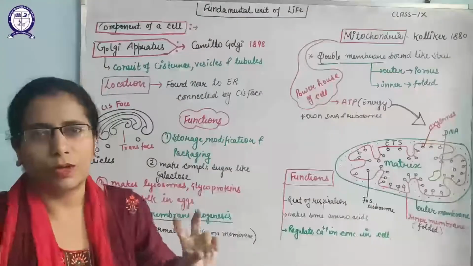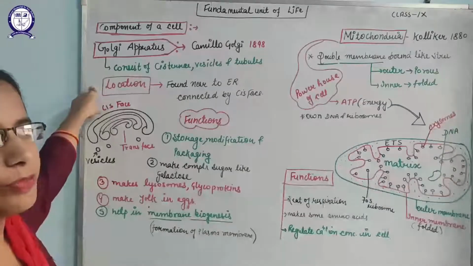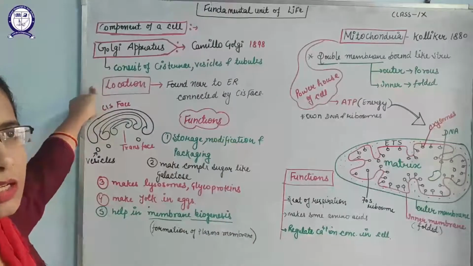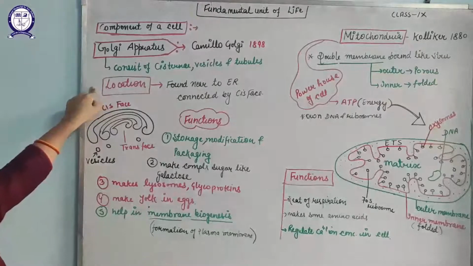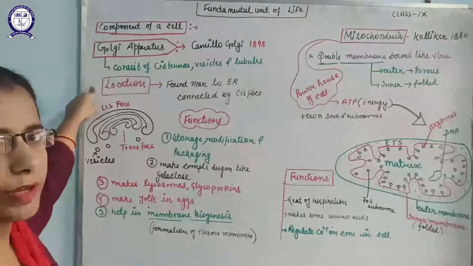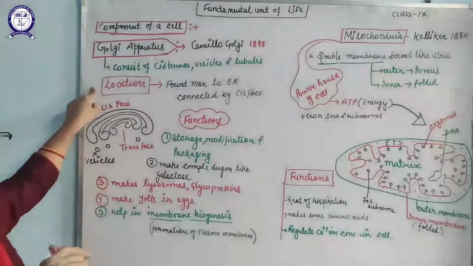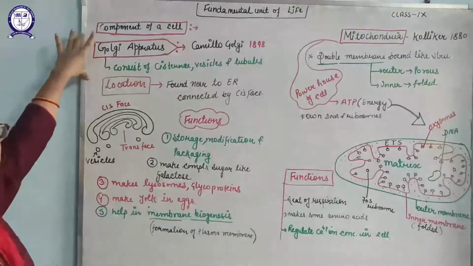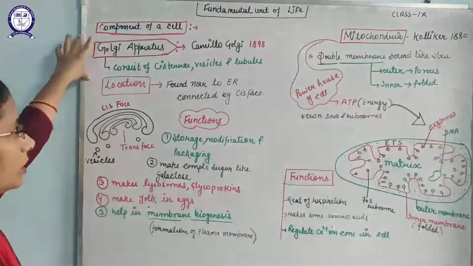Friends, now we are going to discuss the next components of the cell, which are the Golgi apparatus and mitochondria. Already we have discussed the endoplasmic reticulum, which lies above the nucleus. The RNA carries the information about which proteins will be synthesized. Ribosomes are the protein factory where proteins are formed, and those ribosomes lie on the ER. So why are we studying the Golgi apparatus here? The main location of the Golgi body is near the ER. So first we will discuss the Golgi body.